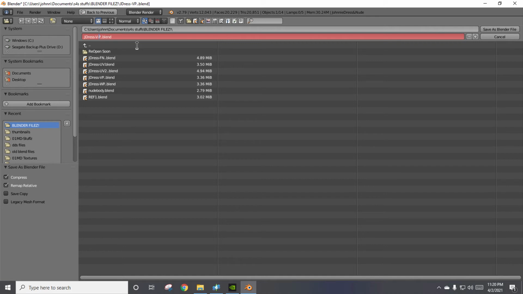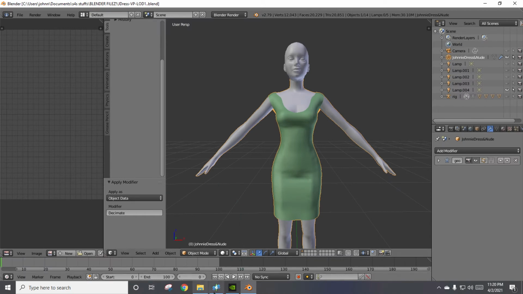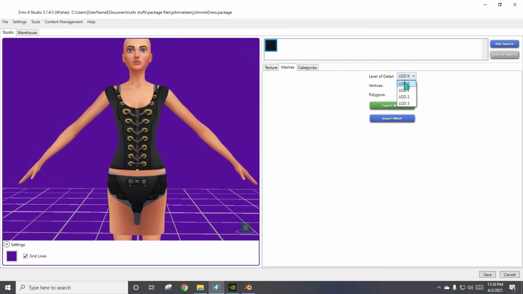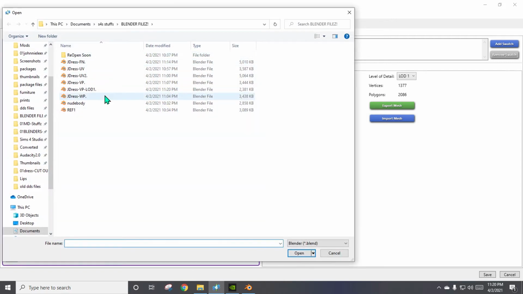And I like to just save it as LOD1. Okay, we're going to rename that because apparently we failed royally. LOD1. There. Save it. And there. Okay. Yeah, you guys notice since the poly count is lower, it took way less time to upload, or to import rather. So LOD1, import mesh, LOD1,